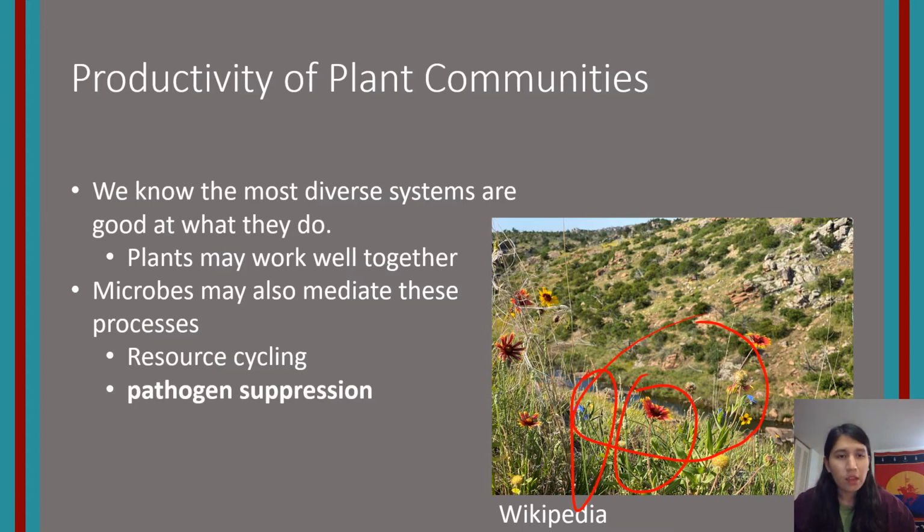And so we're starting to look more at microbes in the soil and seeing how they actually affect the diversity of plants in these systems. We look at things like resource cycling, where we know microbes in the soil are cycling different minerals and nutrients that plants use. For example, in legumes, there are nitrogen-fixing bacteria in nodules. We also know that microbes living next to the roots break down a lot of molecules that the plants take up.